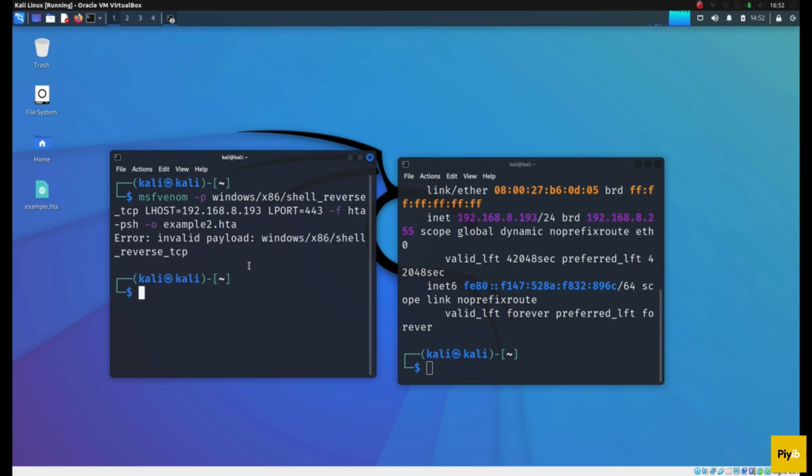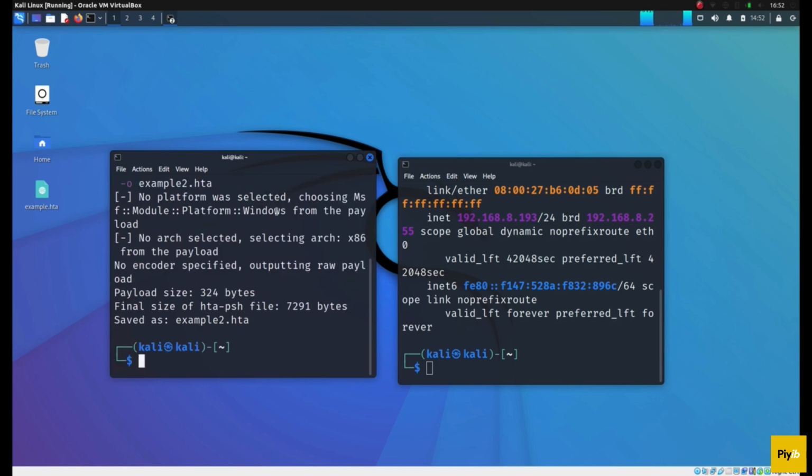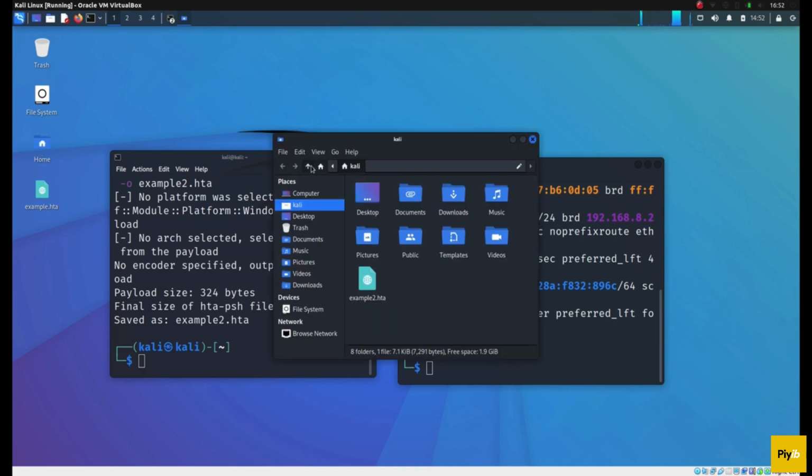the target computer. Now in this case, there's an invalid payload, so we need to specify valid payloads. So for a non-64-bit computer, which is kind of the standard these days, we probably need to remove the x64 to create the malicious payload. And you'll see it created the malicious payload example2.hta, and you'll see here it is. Let's move it into the desktop